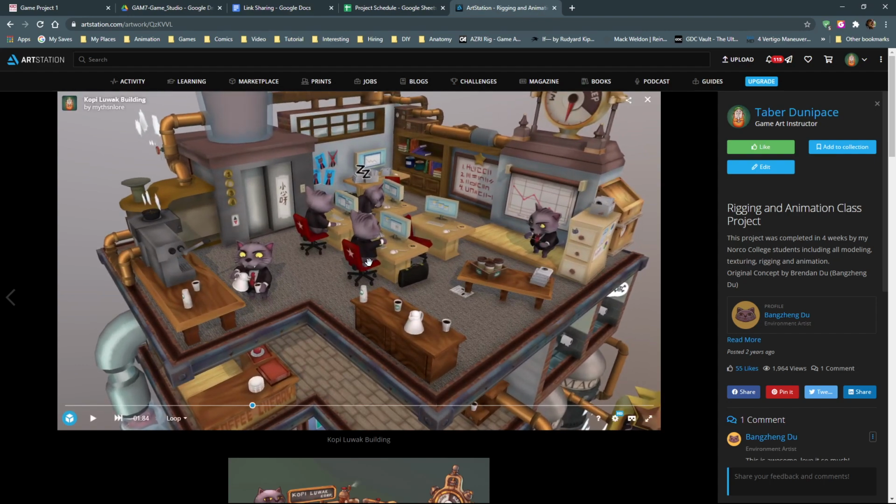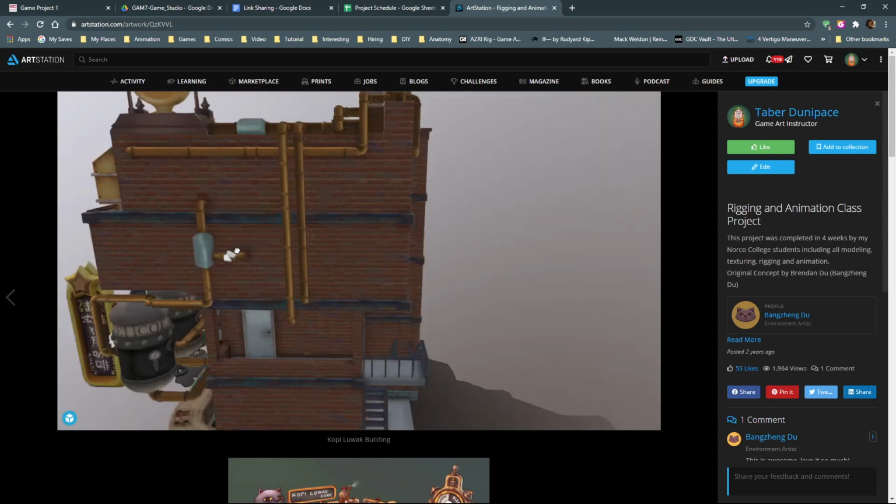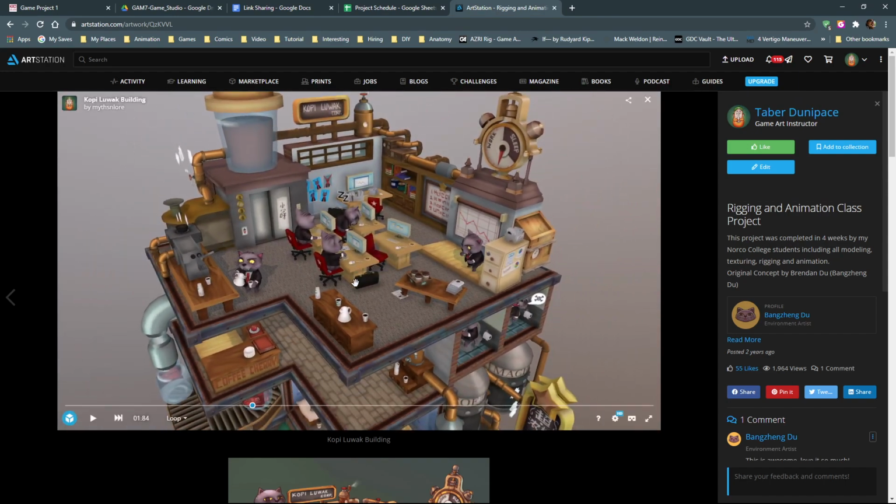Sorry, go ahead. But you can still use FBX and object files, right? You can use FBX and object files to upload to Sketchfab, but what is someone who doesn't know 3D software going to do with that? They're not going to have any idea how to view that. So what you have to do is render your 3D object as a 2D picture if you want everyone to be able to see it. Or upload it to something like this, which has built-in capability to show off something 3D. And you could use Marmoset Viewer as well. That's another popular one.